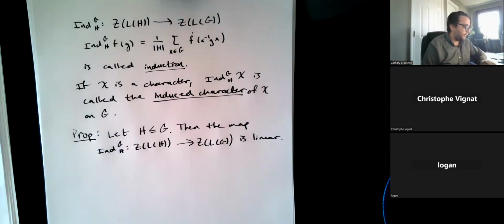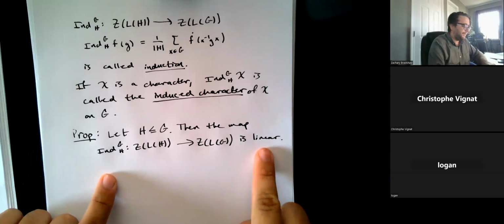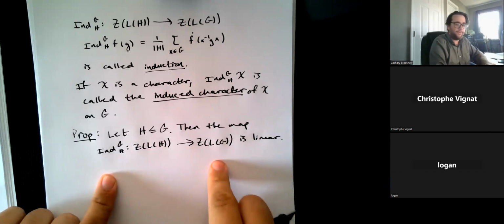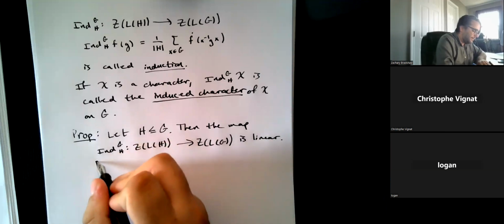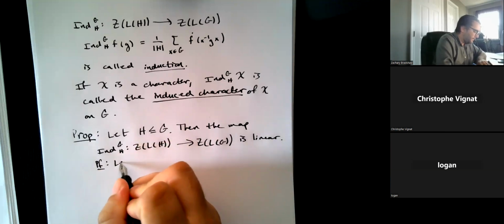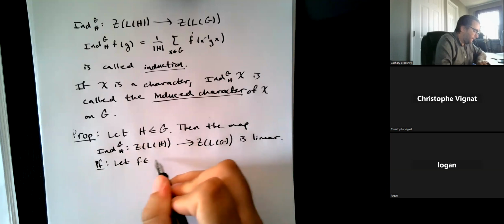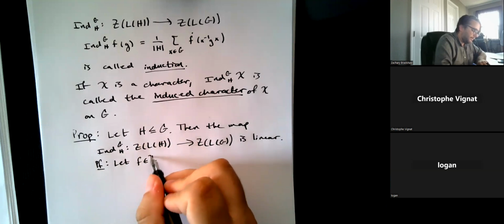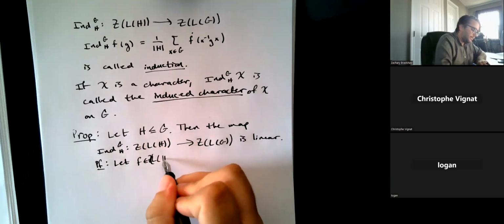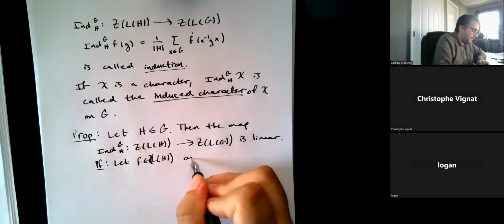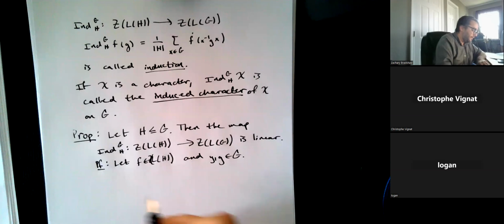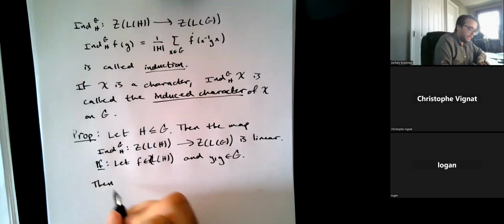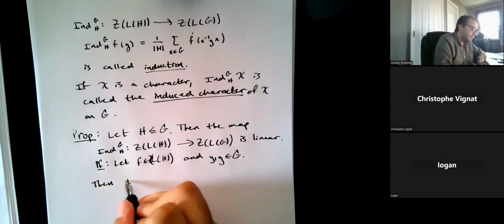Okay, so again, I'm not going to show linearity. I'm just going to show that it takes the class function to a class function. So let f be a class function on H, and let y, g be elements of G. Then what we have is the induced map,